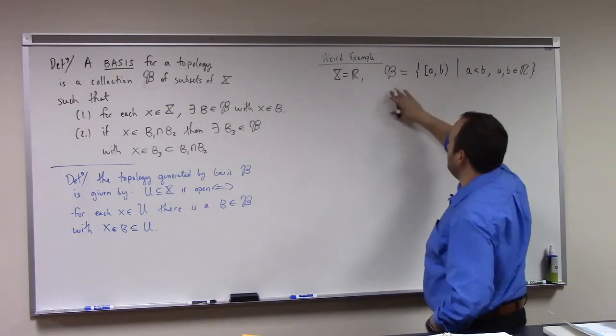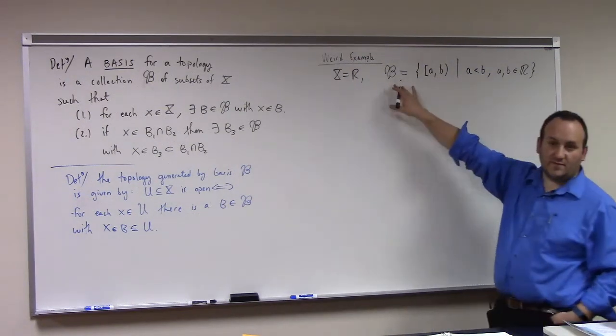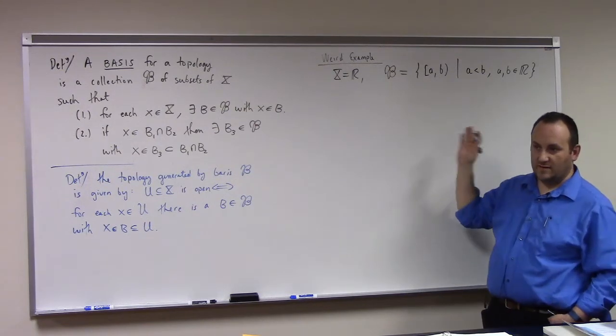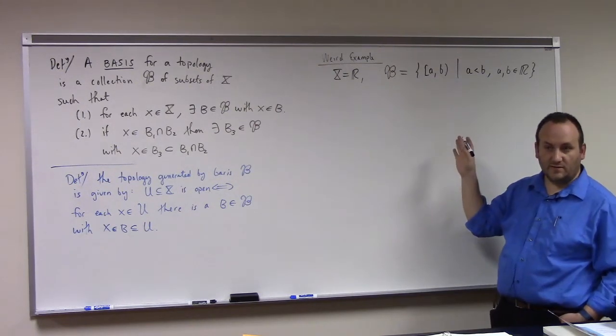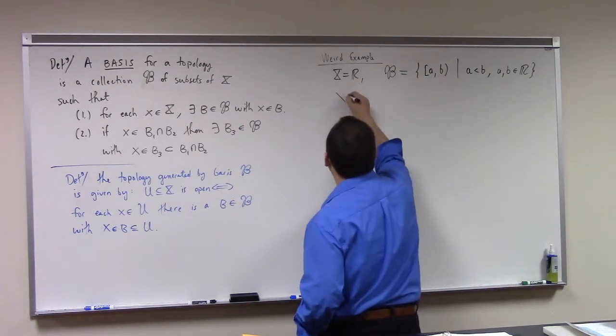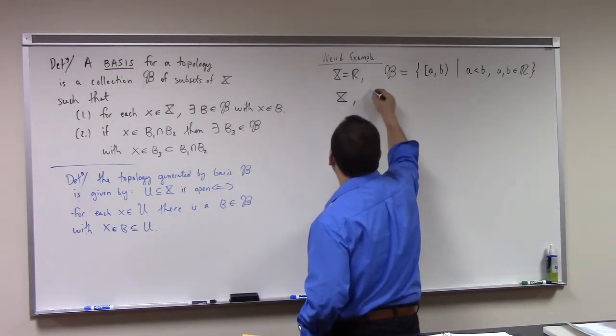If we take this to be the basis for a topology, which by default means that those sets are declared to be open with respect to that topology, then X with the topology